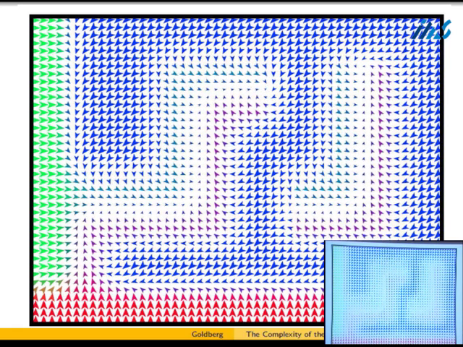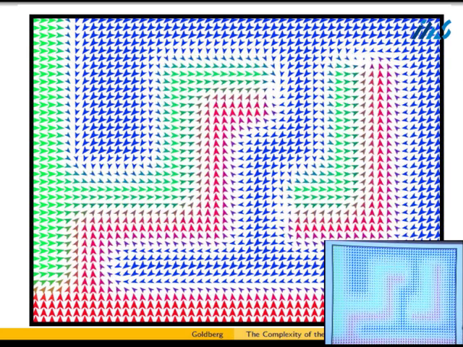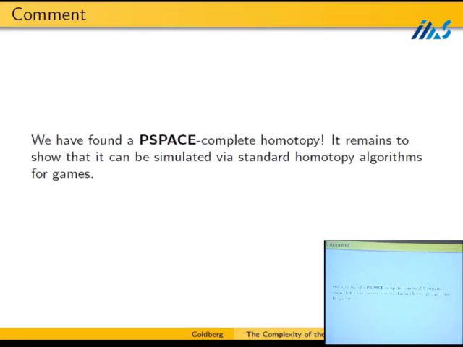So you thought I was lying to you when I said this is where the fixed points go, but in fact halfway through, if I go backwards just a little, we see a bunch of fixed points that start to emerge all the way down this path. This is the point at which the Brouwer fixed points start to shoot down this path, and they end up at the one that we want them to end up at, and we finish up as before, and therefore we have a PSPACE-complete